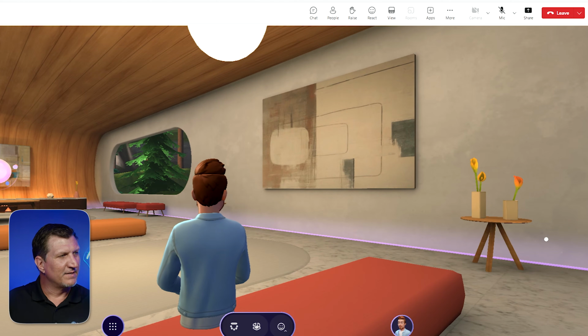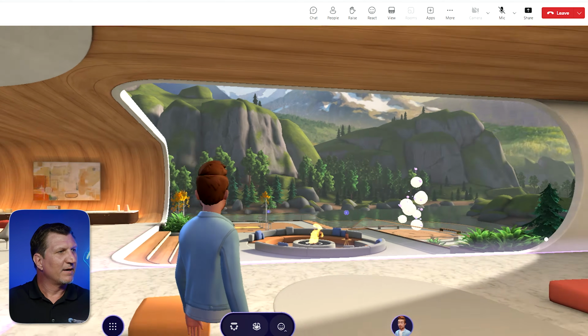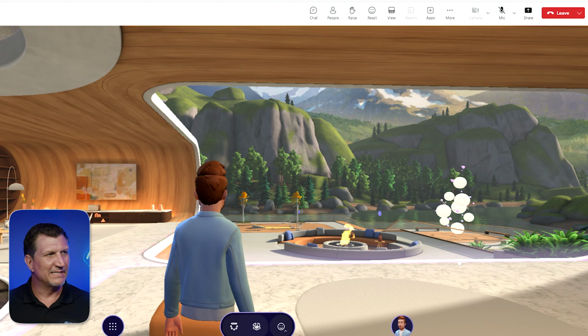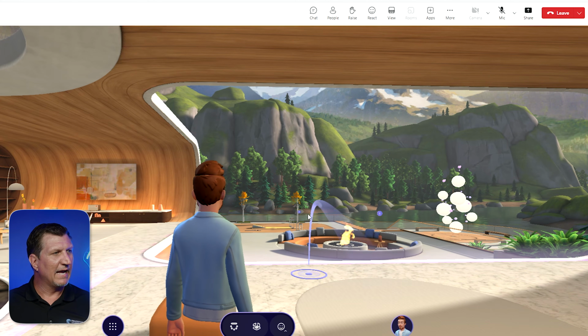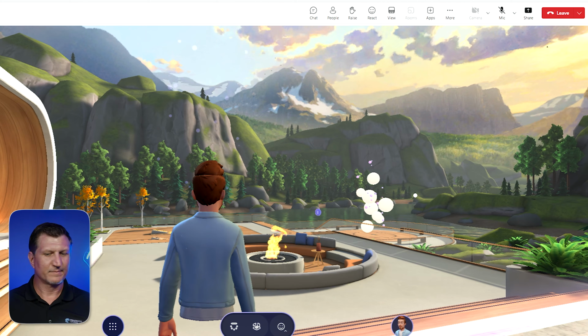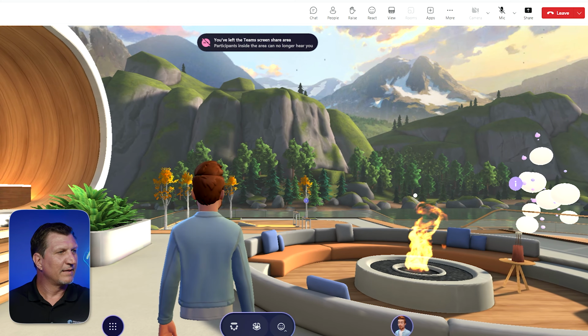Besides walking, another way to get around, I'm going to go ahead and stand up by just holding down the up arrow. Another way to get around is to teleport. Now remember, if I leave this glowing line area, I'm no longer in the meeting. So let me just hold down, left click, hold down, and teleport myself to the fire pit. And then I can choose a seat,